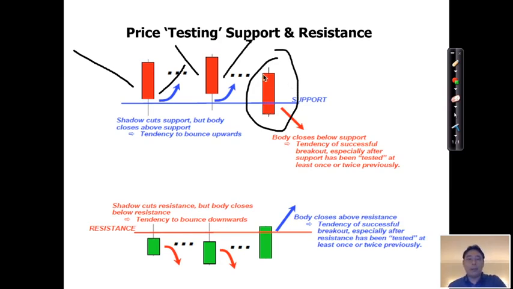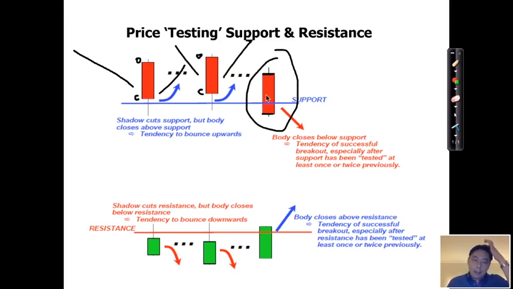So the price opened there and it closed there. The sellers were successfully able to close below the support and break the support. So that's a bearish pattern, right? You want to see it close above the support. Recall, open, price is here, close is there. Open is there, close is there. So it closes above the support, only the lower shadow goes below the support, and gets rejected from the support, all right?